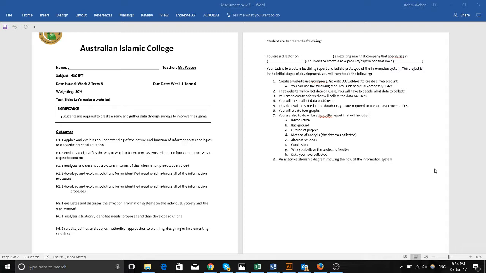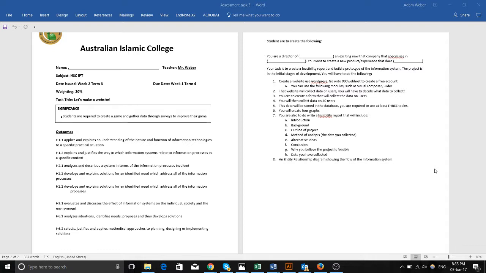So an introduction, what are you deciding to do? So if you're making some Angry Birds like game, you would explain the basics of that. Background. So what's the background? Why have you chosen this project? What are some of the demographics? So for example, you might say that there's a lot of young people in developing countries and you want to make an Angry Birds for Africa. I don't know, something silly like that.